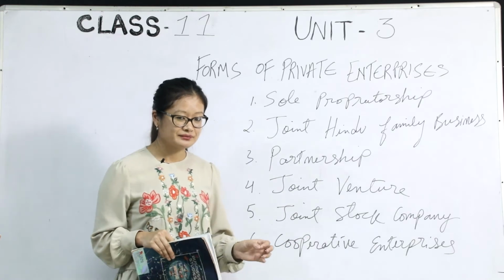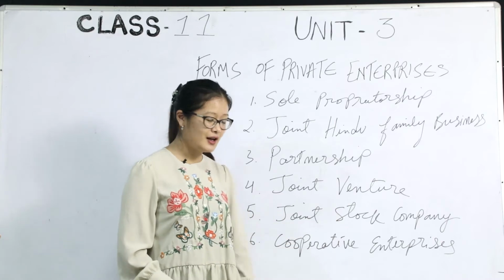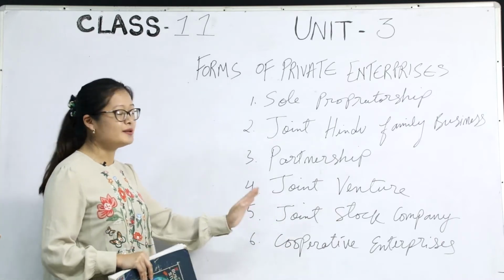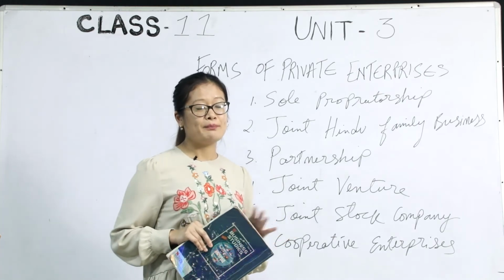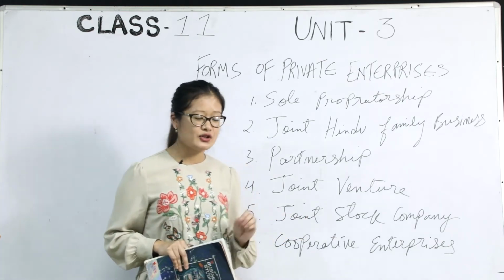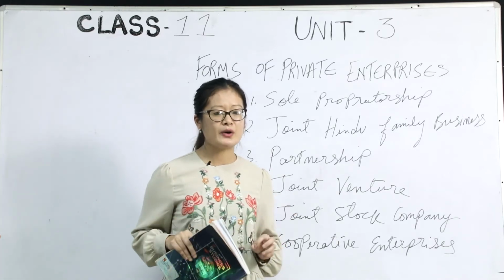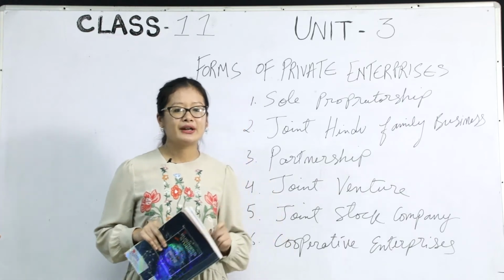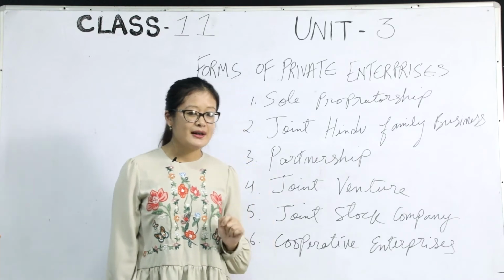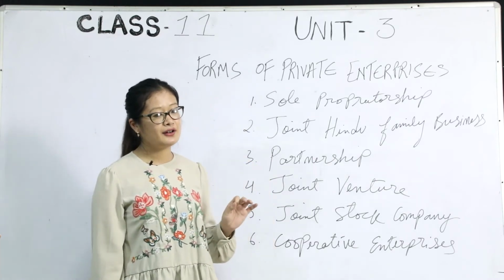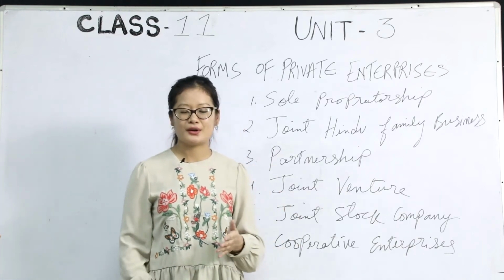You got it? The fourth point is joint stock company. Joint stock company means a company which is very big. In a sense, it is massive. It is a big company where a huge amount of capital is required in order to form this kind of business. At the same time, whenever the investment is huge, the amount of risk is also the same.